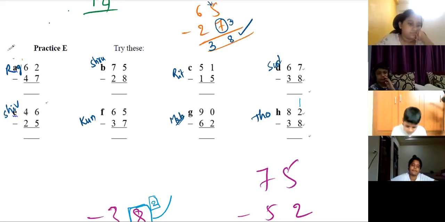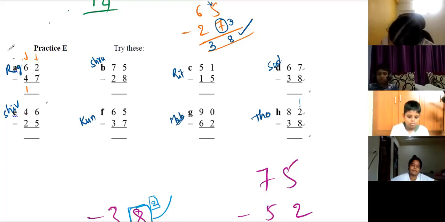Sir, 6 minus 4 is actually 2, but as the next column is a mismatch, I'll write it as 1. And we'll get 3 plus 2, which will be 5, sir. From where did we get the 3? Sir, from 7. We need to add 3 to 7 to get 10. And that 3 will add to 2. Yeah, you can tell it this way. 7's complement is 3, so we have to add that 3 to 2.